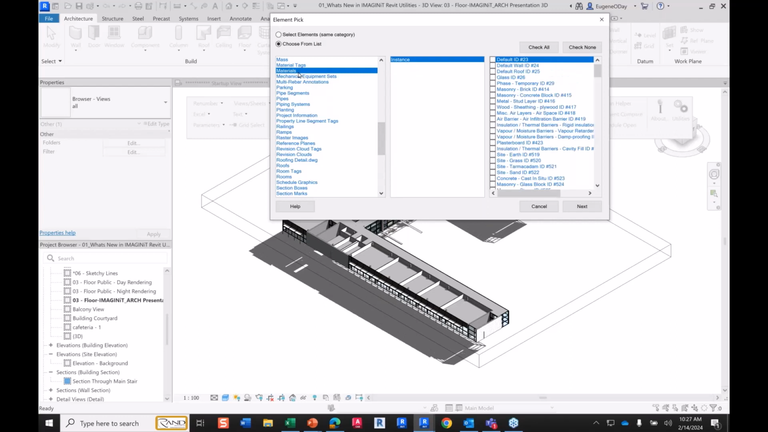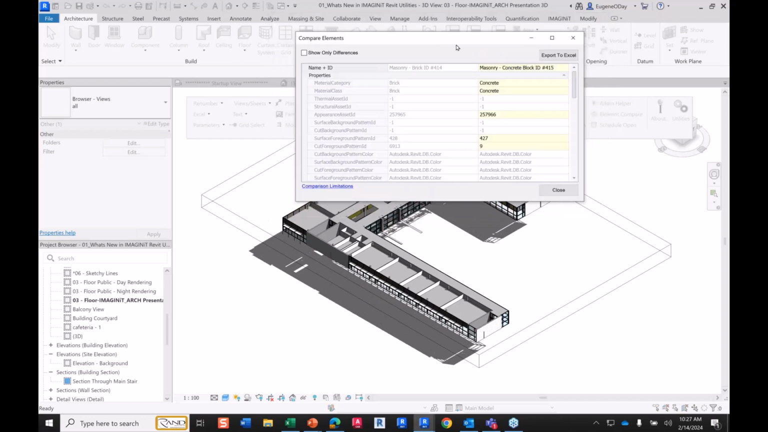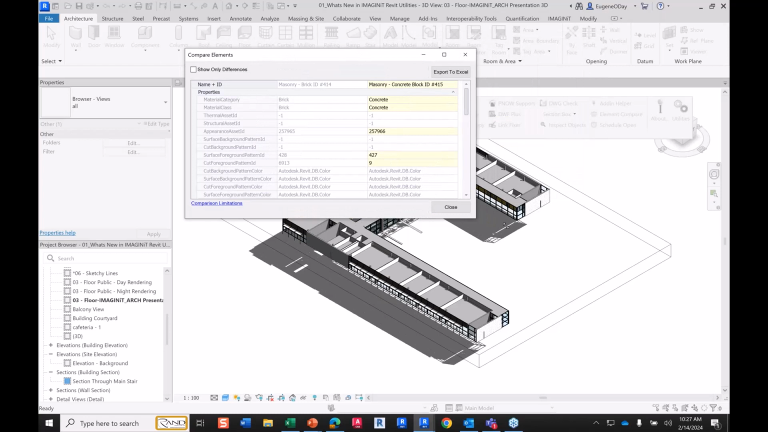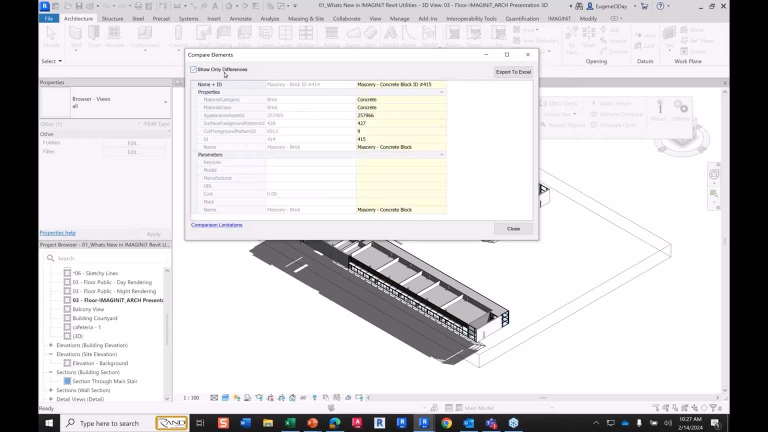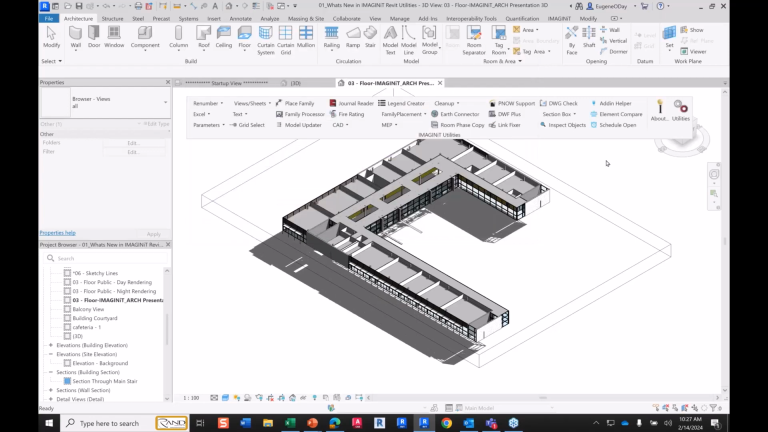So let's go look at materials and what is the difference between these two masonry ones. And again, it's going to show me the differences between those. And I can go off again and say, show me only the differences so I get that look and feel for it. And the last one I want to do, which I ran into yesterday when I was kind of